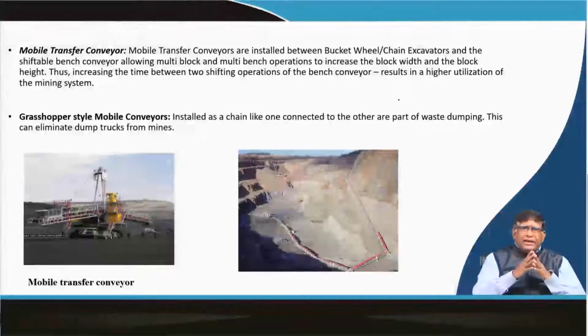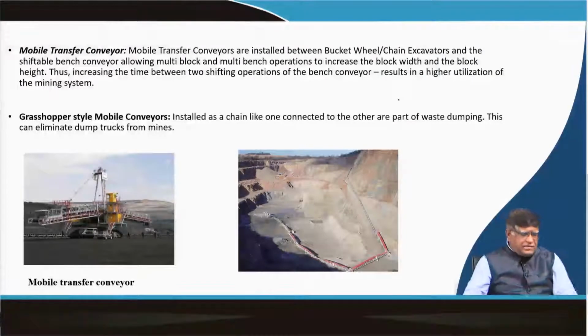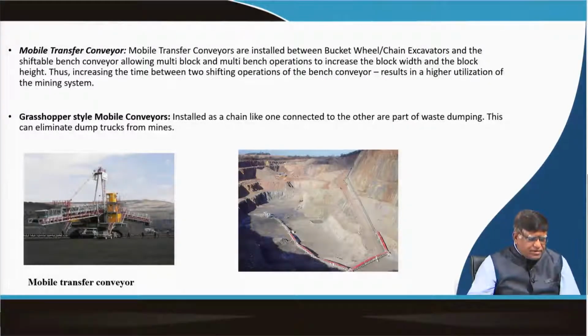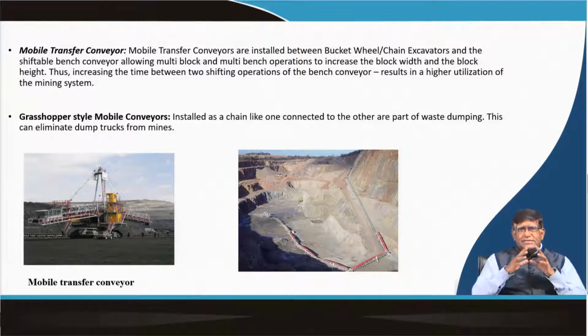There is also the mobile transfer conveyor. As you can see over here, conveyor belts are mounted on a machine. You have these two arms, that is, the machine will be loaded at one end and then unloaded onto a conveyor from the other end. This hopper, a conveyor belt from the bucket wheel excavator can load it over here. The material will be conveyed from here and then loaded onto the conveyor belt at the other end. That is the way a mobile transfer conveyor works.